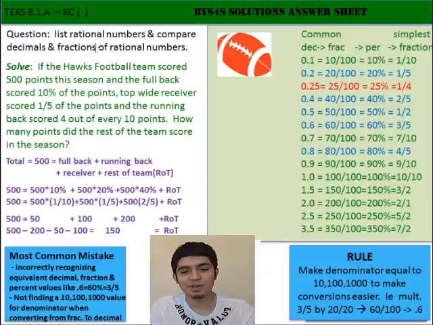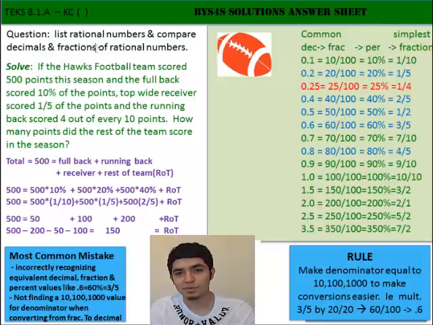Hello, my name is Herman, and today we'll be working on lists of rational numbers and comparing decimals and fractions of rational numbers. So our question today is, if the Hawks team scored 500 points this season, then the fullback